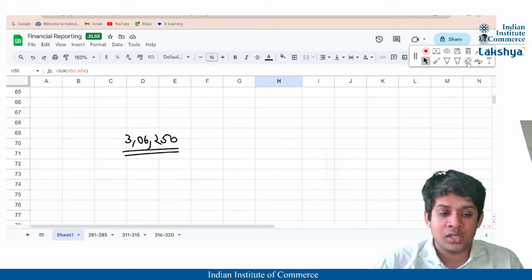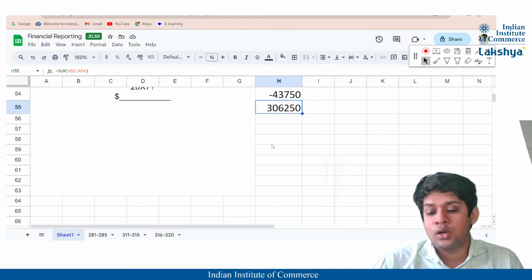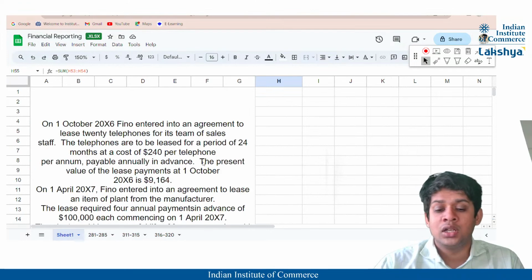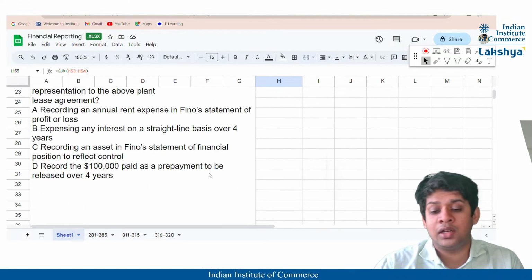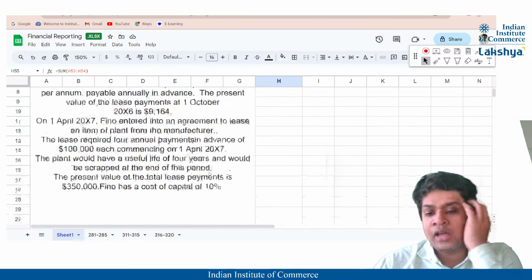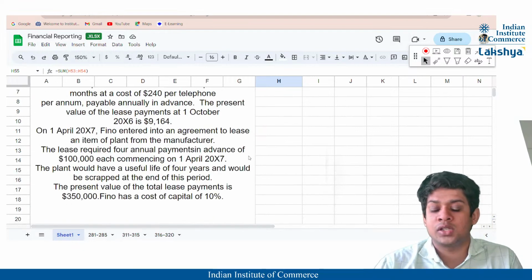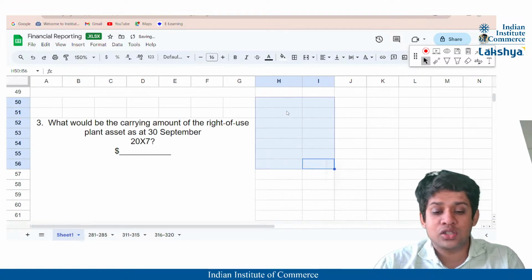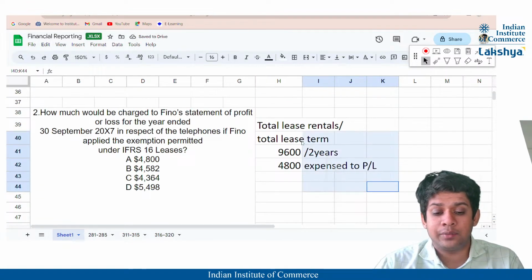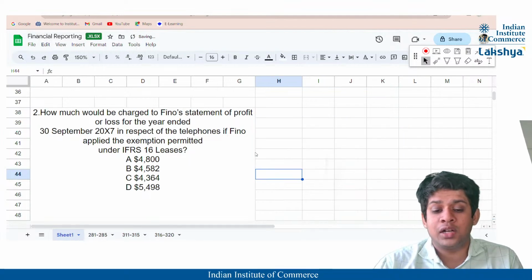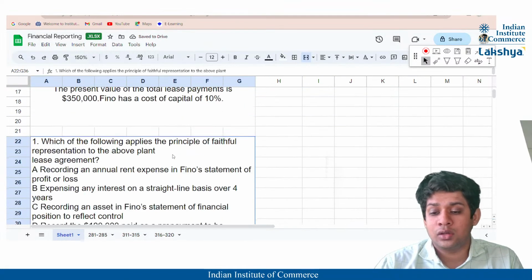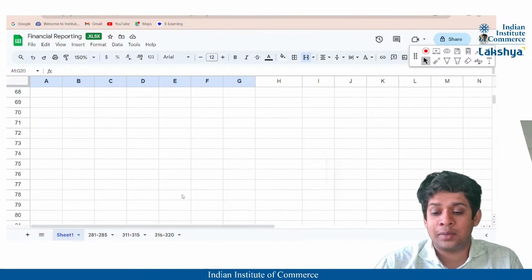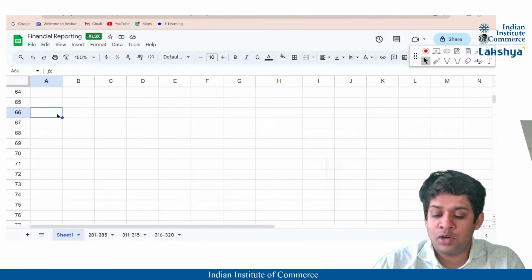With this, our first question is done with. Let us look at the other questions. I hope all the 3 questions related to the scenario were given to you clearly and it was clear. Before heading on to the next part, I would also like us to calculate the subsequent measurement of the plant lease liability here. So let us look at that. Maybe say the 4th question would have been,